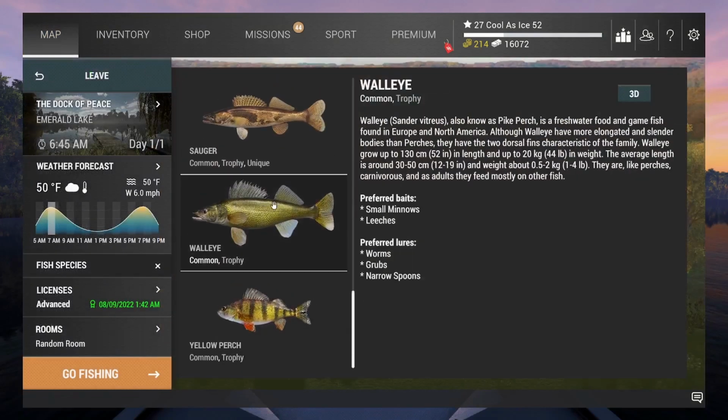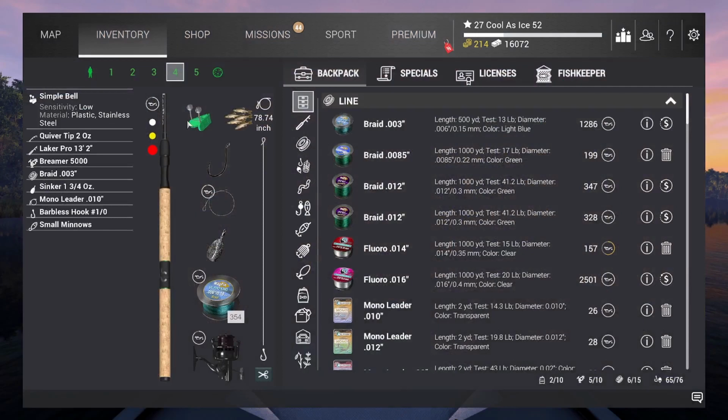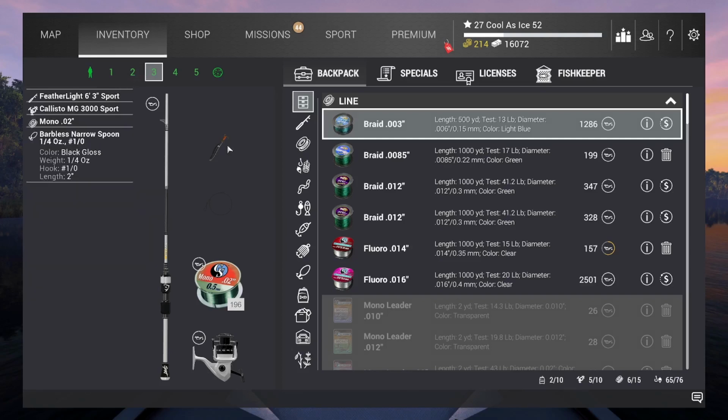Now, the walleye here, they don't get super big. They get up to trophy size, which would be about 4 pounds. So they go anywhere from 1 to 4 pounds. So for a type of reel that you're going to want to be using, you're going to want to make sure you can at least catch a 3-pound fish, especially on your feeder rods. On your ultralight or feather light is what you're also going to be using,